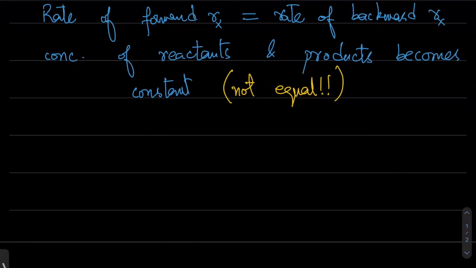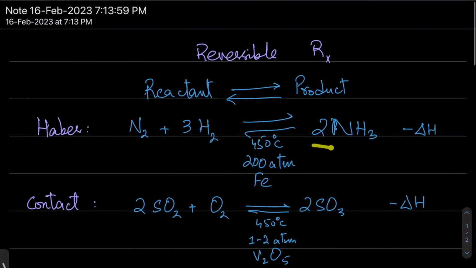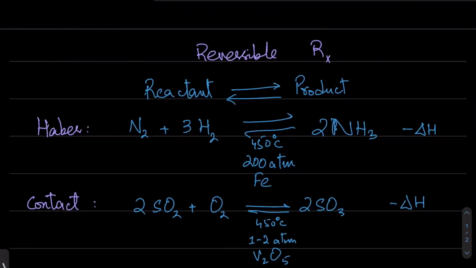Acha. Now let's suppose you're somebody who has invested a lot of money in building a factory that produces ammonia. You are paying salaries. You have invested a lot of money. You are paying the electric bills, the fuel bills to heat it all up to this cost. You are paying the very heavy cost to get material or equipment that can withstand these conditions. 200 atmosphere is no small thing. And you invest all that money and ammonia is made, but your factory is running और जितना ammonia बन रहा